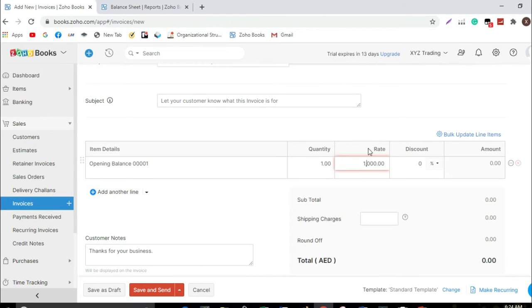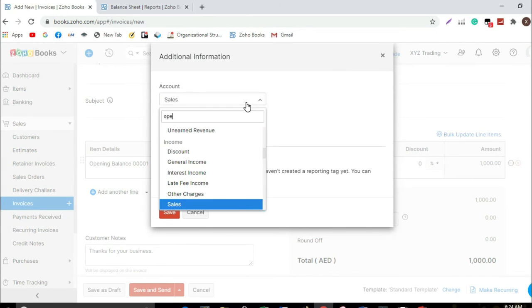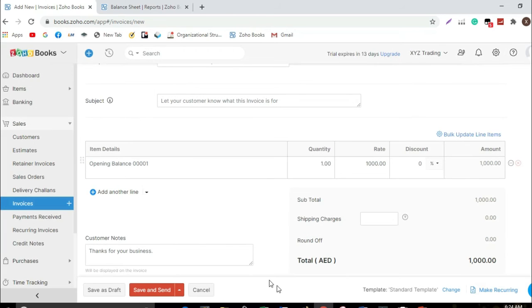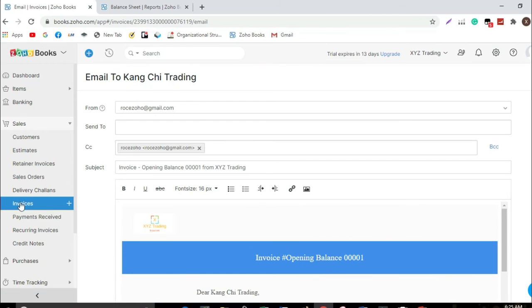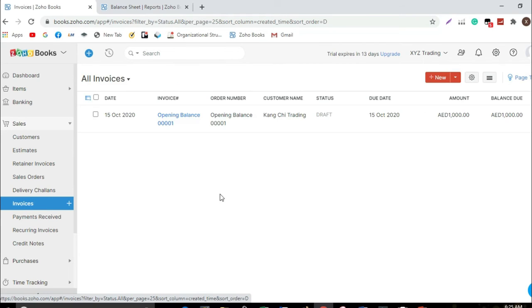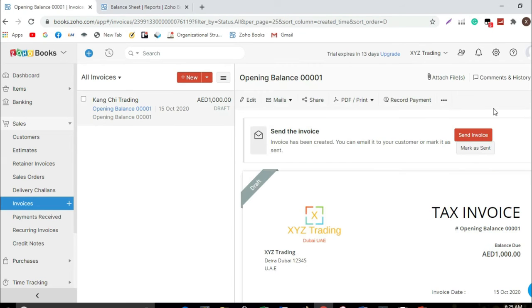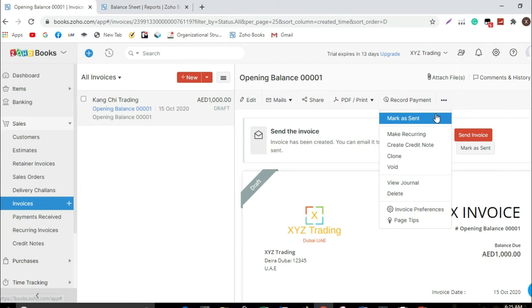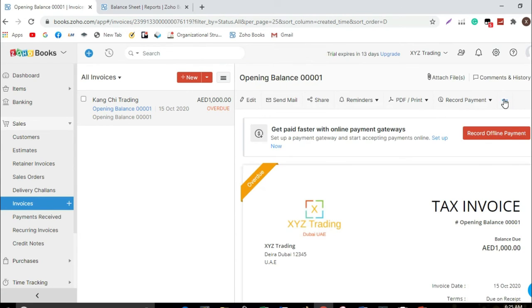Just copy paste all the data on your supporting schedule, but change the sales accounts to opening balance adjustment, because the original entry of accounts receivable is debit accounts receivable, credit sales. But in this case, since we have acknowledged the sales last September, it's correct that we change the entry to opening balance adjustment, so the balance sheet will be closed. Hopefully you understand my point.